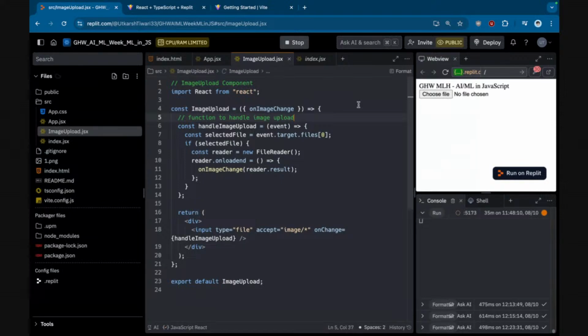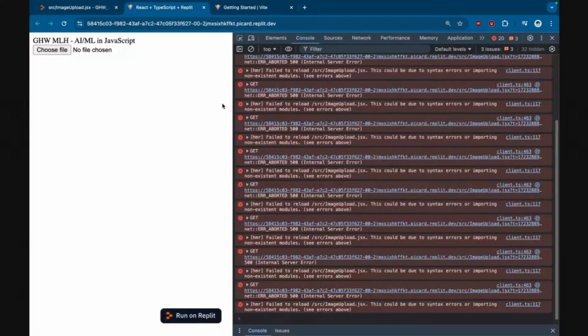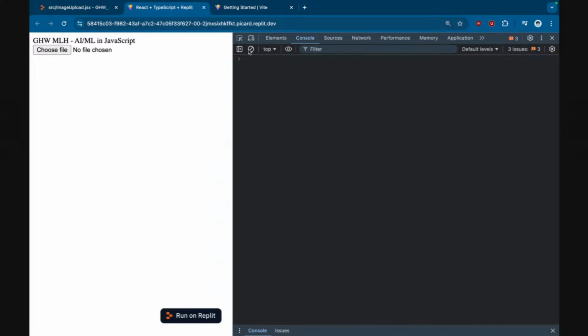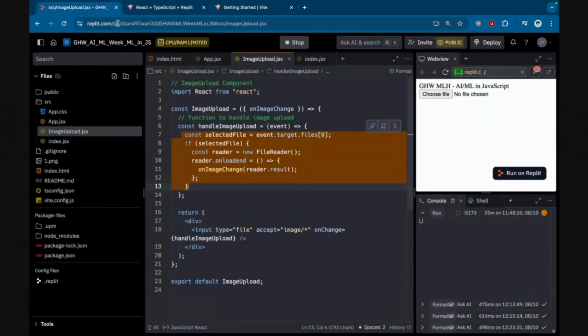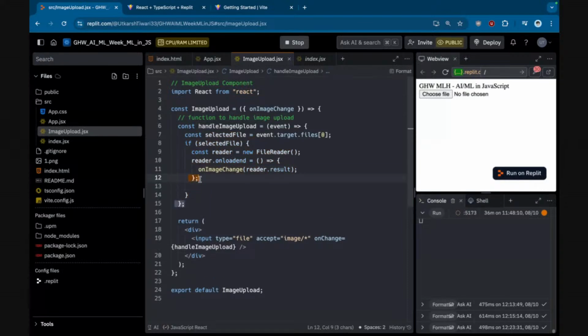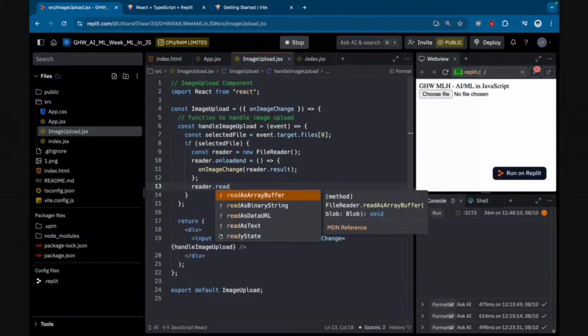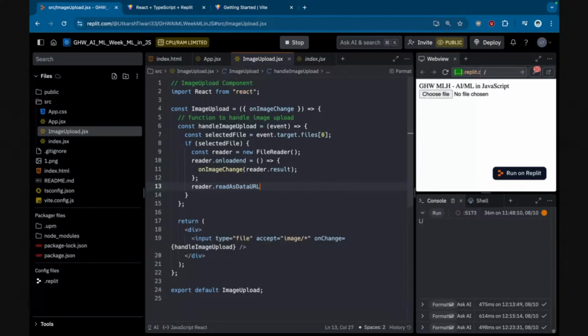All it does is we are writing some things which basically allow us to read the data of the file that we have uploaded. So that's done. And then after line 12, we are going to do reader dot readAsDataURL of